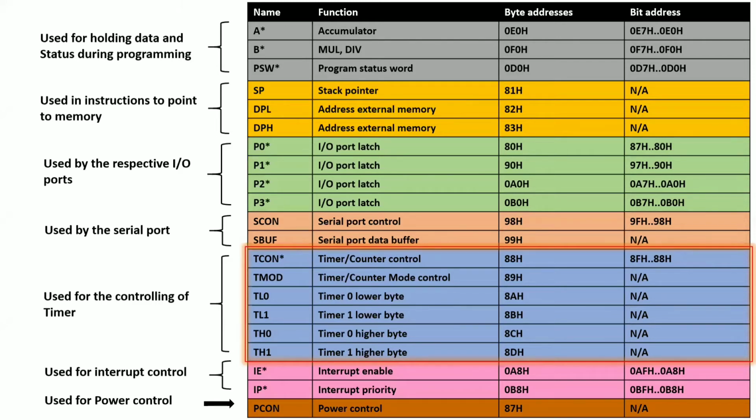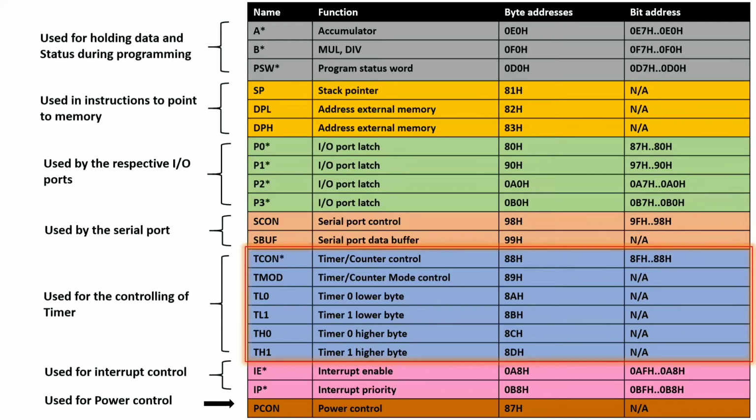How many timers are there? There are a total of 2 timers. What is the size of those 2 timers? 16-bit. A total of 2 16-bit independent timers. Okay. Now the timers are divided into different 8-bit timers. So timer 0 is 16-bit. That means we will get 2 8-bit registers in timer 0 and 2 8-bit registers in your timer 1.